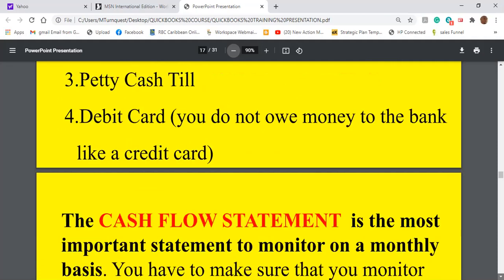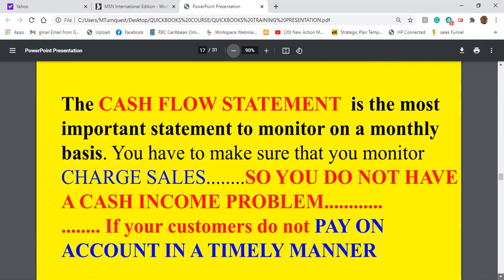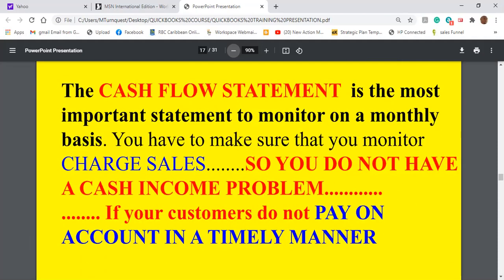Okay. I have a question. You said the cash flow statement doesn't account for the accounts payable, right? But what if you pay items found in the accounts payable with cash? No, what happened is